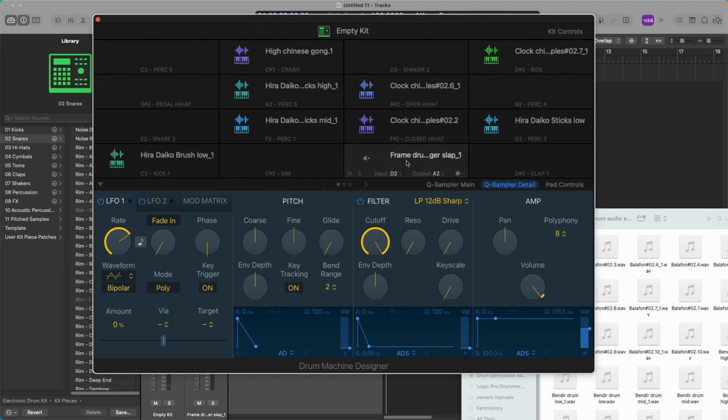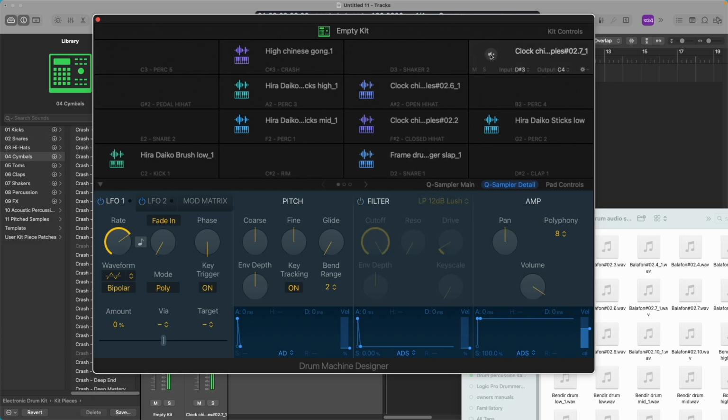All right. Frame drum finger slap. I think it's a snare. A2. No, that's my right rack tom. Okay. Ride is this, which is basically clock chimes. Okay. G2 is my floor tom. And that's it. So when I play my drum kit, I'm gonna get